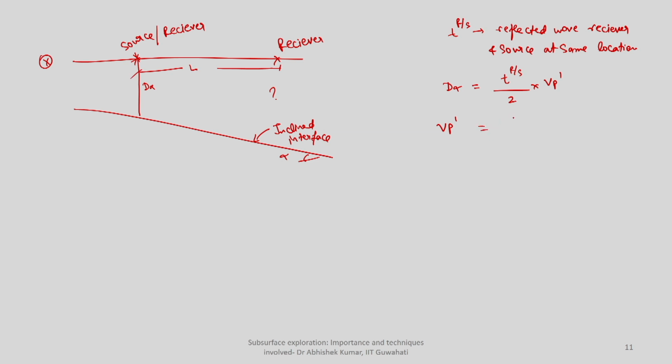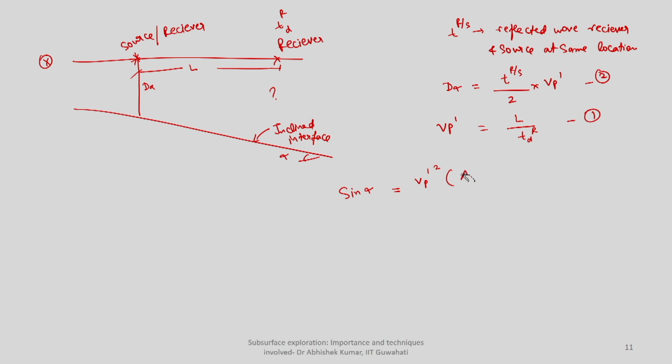Vp1 you can determine, if you know the value of this, that will be equals to L. So, Vp1 again based on detection of direct wave arrival, that will be called as T direct at receiver. So, that will be called as TDR. So, using first one, I am calling this one as first one because based on this you will be determining first the Vp1 value, put that Vp value there and you will be able to determine what is the d alpha. Now, sin alpha you can determine. So, that will give you what is the angle of inclination, you can determine based on the formula which is as Vp1 square